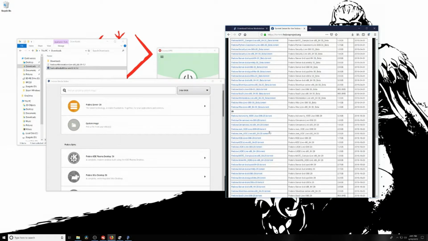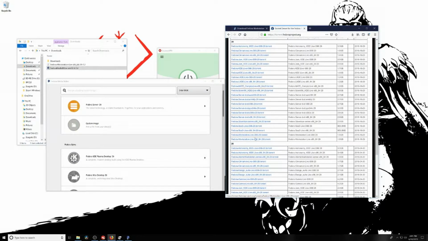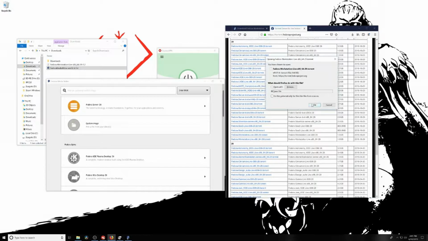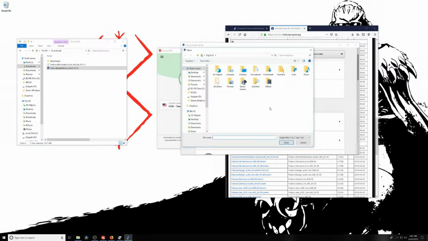And so we want Fedora 29, and they have different flavors if you like KDE or Cinnamon or whatever. I personally like GNOME. GNOME is my favorite, so I am going to click on GNOME and cancel it because I already have it installed, and like I said, I have satellite internet and it's trash. Custom image. Locate the ISO, Fedora 29, click open,